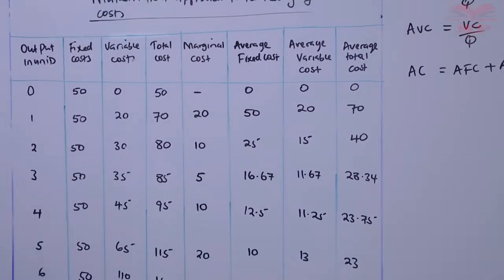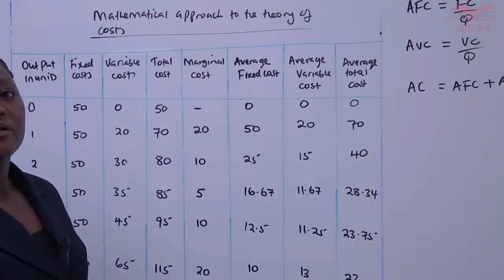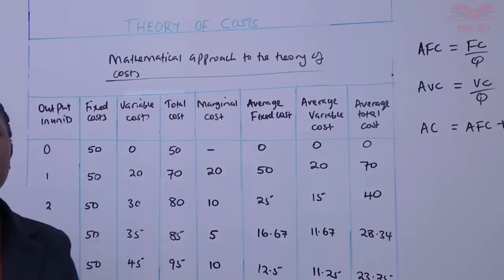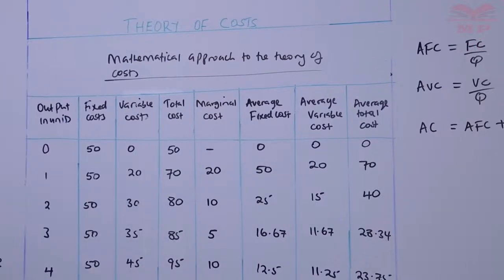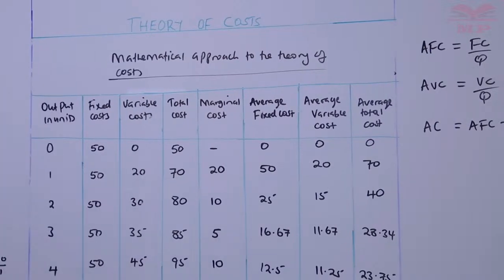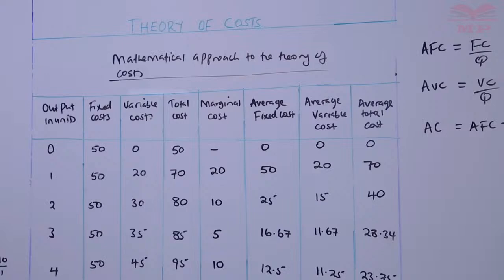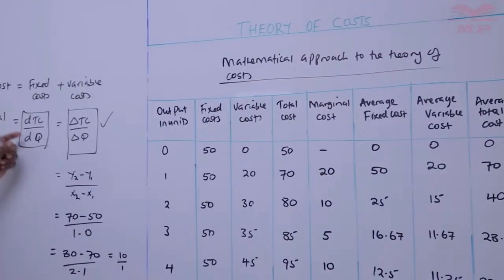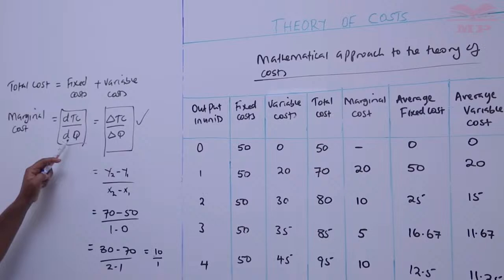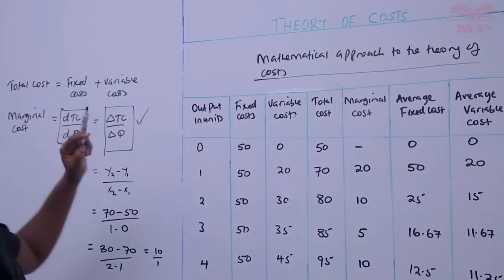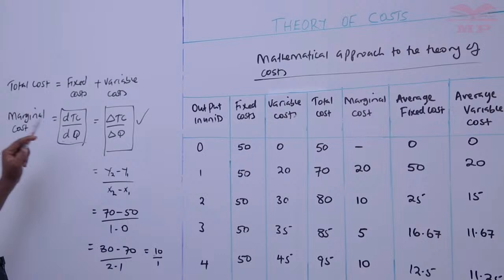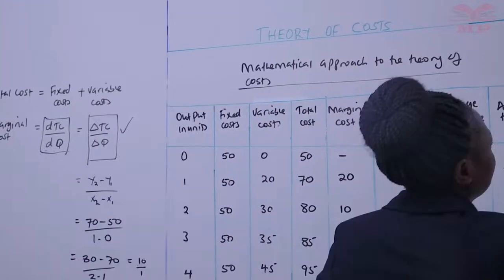We have another type of question where you are given functions. So where you have been given a function, you need to know which function it is before you can go about solving such a question. Because we said to calculate marginal cost, we find change in TC, or total cost, divided by change in Q. So this means the total cost function will be differentiated for you to get the marginal cost function.